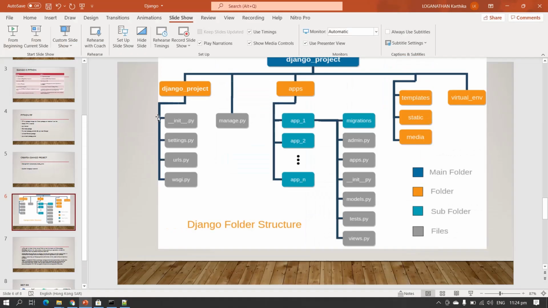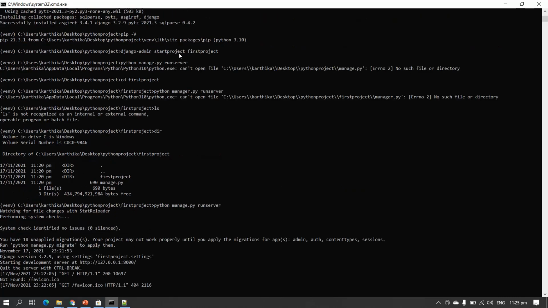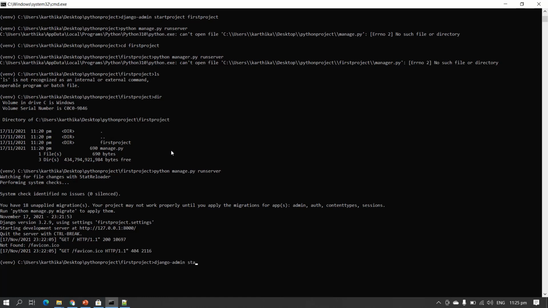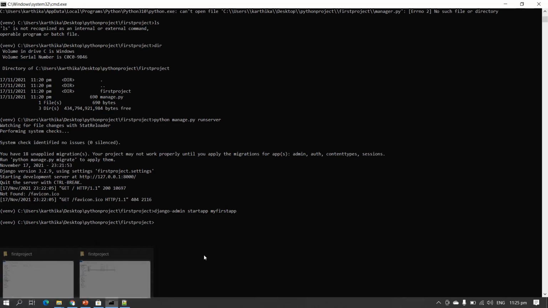Let me create one web application. Now we have done a simple web project. For that, you just stop the server, then run startapp myfirstapp. My first app is a user defined name.